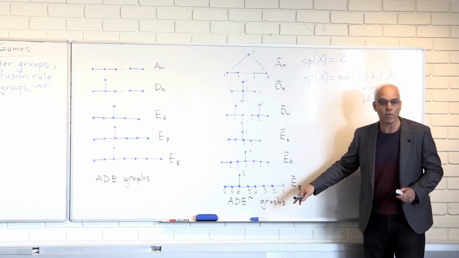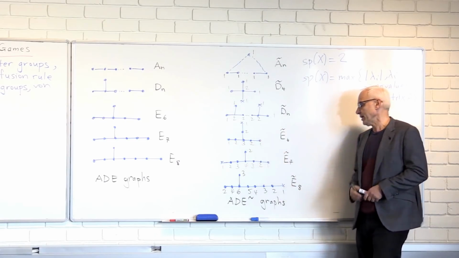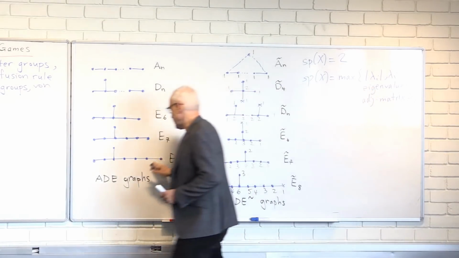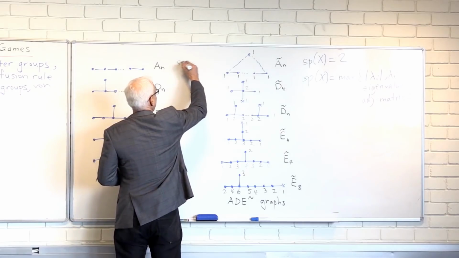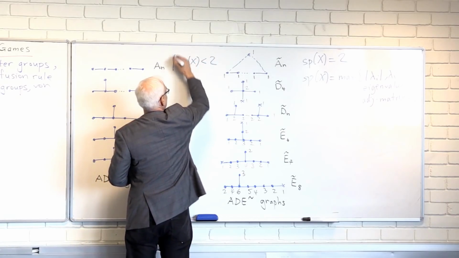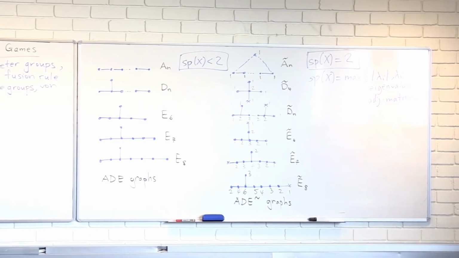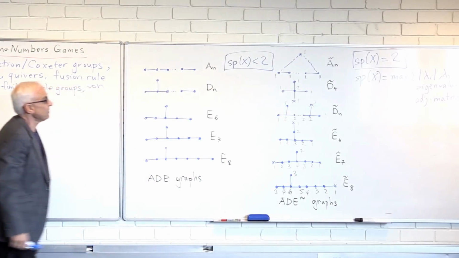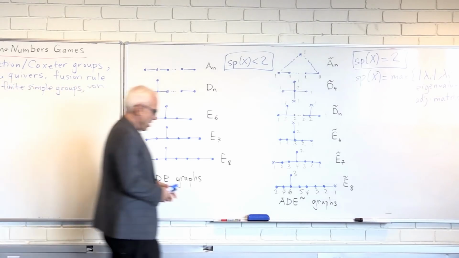So these are the only graphs in the world that have eigenvectors equal to 2 associated to their adjacency matrix. And then the ADE graphs are characterized by being the graphs whose spectrum, SP of X, is less than 2. So these, from a graph theoretical point of view, are the characterizing properties of these graphs in terms of their spectra. Every other graph then has a spectrum bigger than 2. Okay,